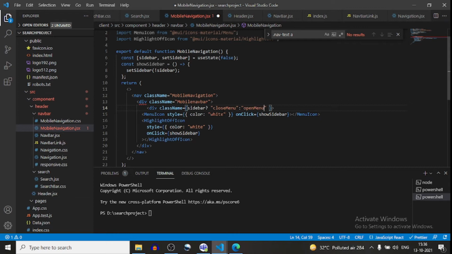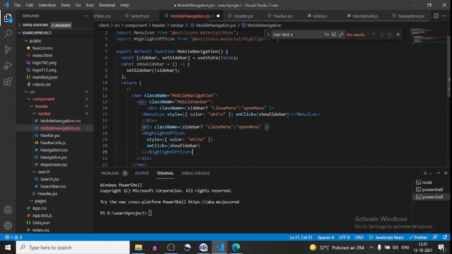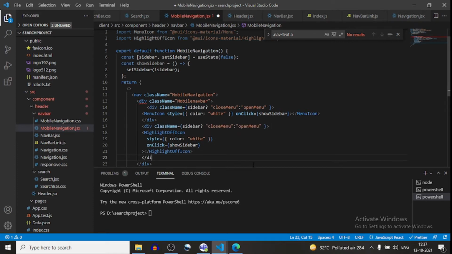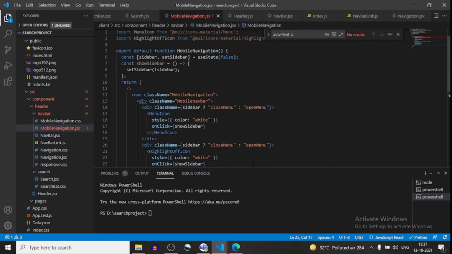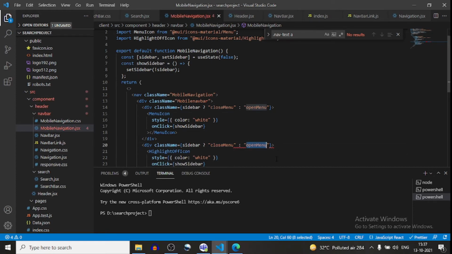Okay, now I will close this by this div, and the same CSS I will apply on this closing button. But here it will be reversed: here will be open menu, and here will be close menu.